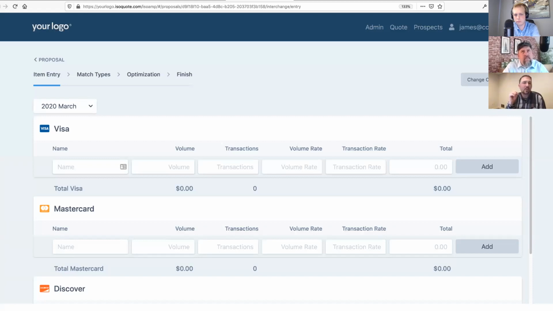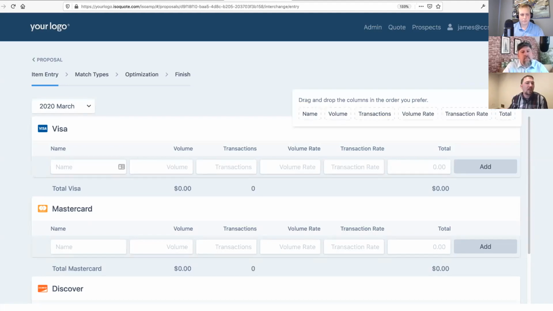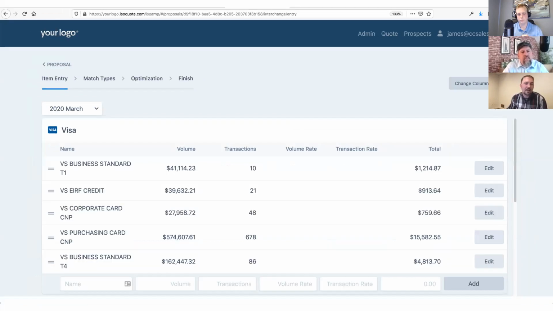So it's very reasonable. What you have to do is you can have a spreadsheet view here. You can reorder the columns if you want. So you can drag and drop the columns around to reorder them to match the statement. You never have to touch your mouse. You can just use tab and enter. And basically we went through here and entered some categories in. So I didn't enter all of them because there's hundreds. I just entered, let's see, what do you got? 5 categories from Visa that are primed for optimization.